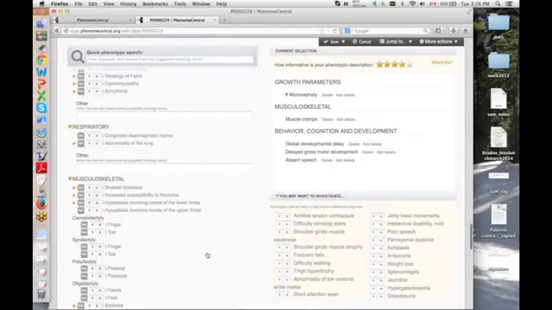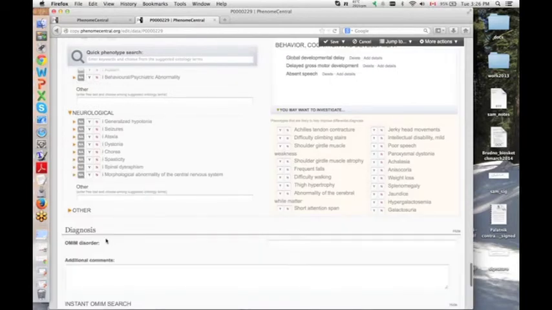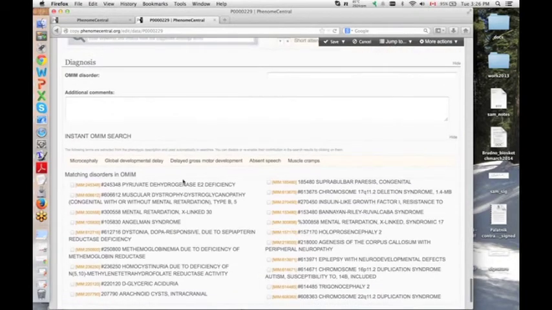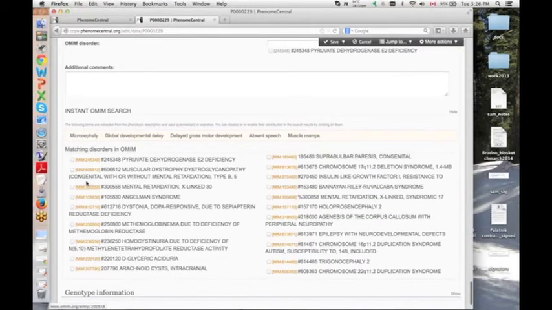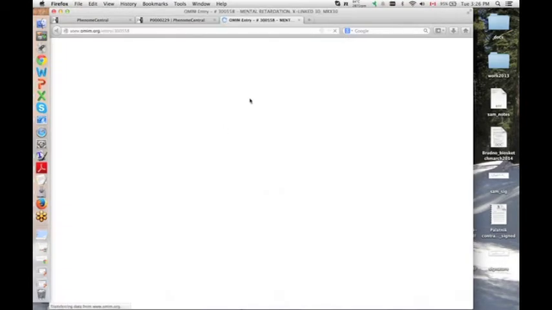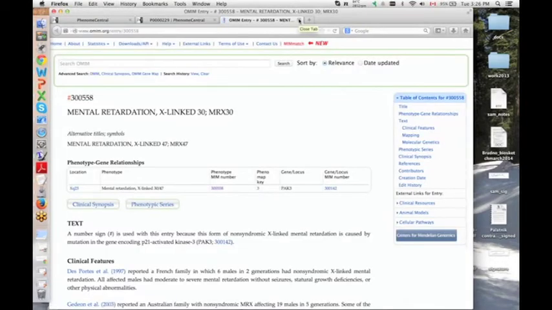At the very bottom of the section, there is a diagnosis, which basically gives a differential diagnosis given the set of phenotypes that was selected, and shows the OMIM disorders that match the specific set of conditions. You can check one of them off to be actually the diagnosis, or you don't have to select any of them. For each one, you can actually click on the link to open it up in OMIM.